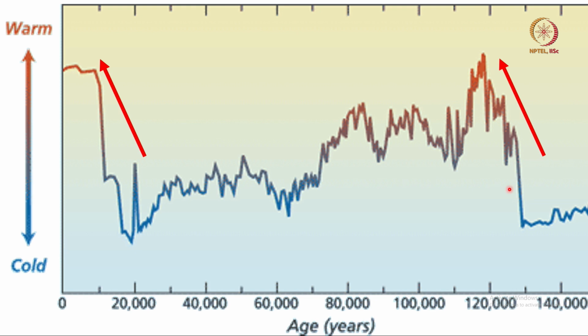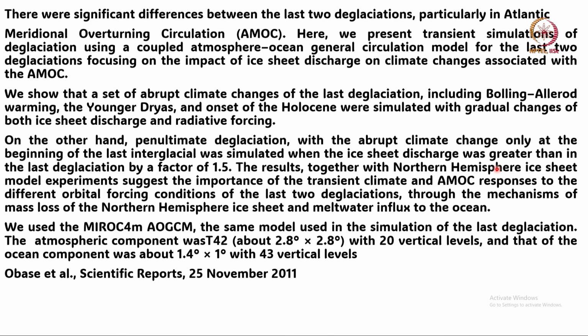We came out of the ice age, but we should also look at the last interglacial, which occurred around 120,000 years ago, when the Earth's system also came out of a cold climate to a warm climate, but there are differences between these two. So, people are trying to simulate these two periods to get an idea of what controls the changes. This I will discuss in the next class,